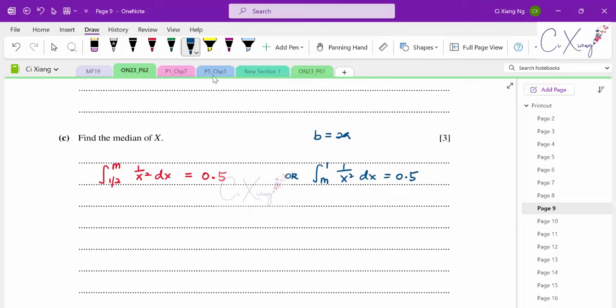So it is up to you which one you want to use. Both of these solutions can lead you to the correct final answer. Okay, right. So integrate negative